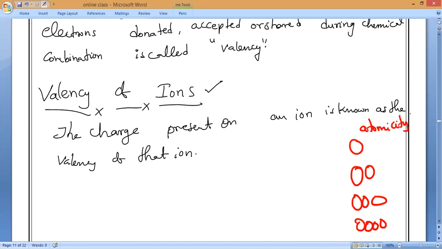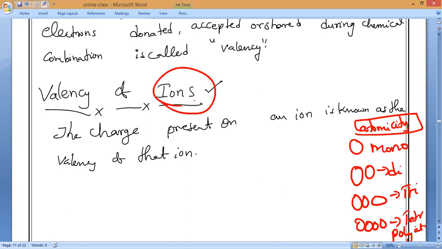Monatomic, diatomic. One is present, mono. Two is present, di. Three is present, tri. Four is present, tetra. More than four, what is to say? Polyatomic. Okay. Same way, ions also we can classify as monovalent ions, divalent ions, and as well as